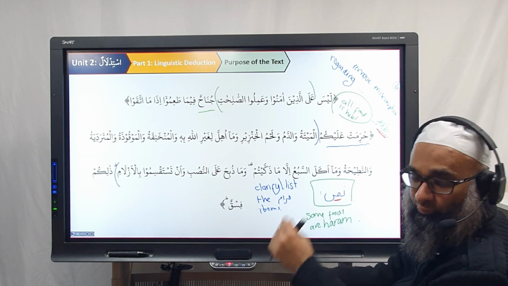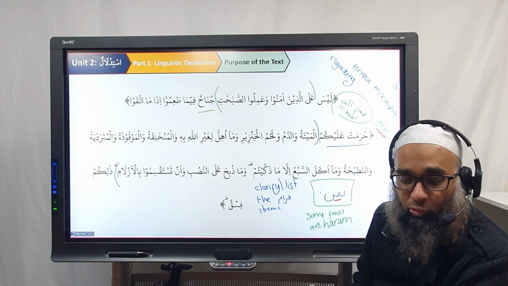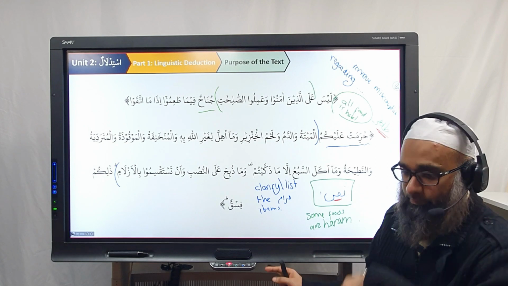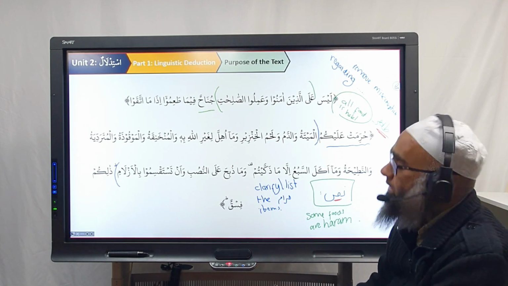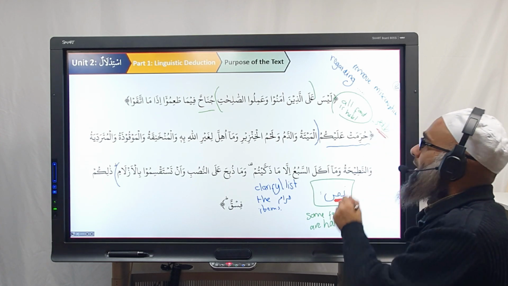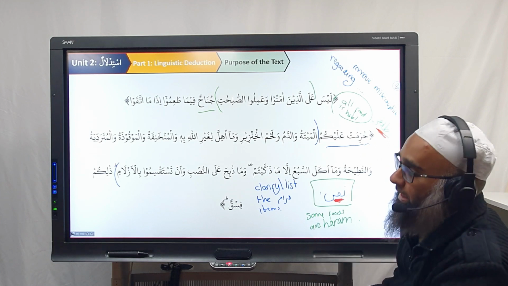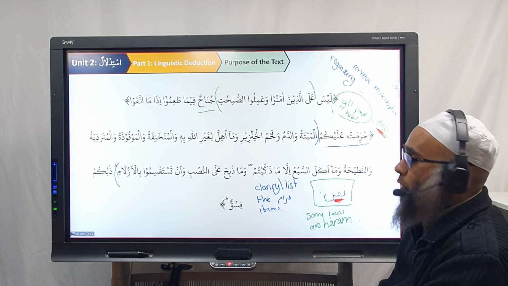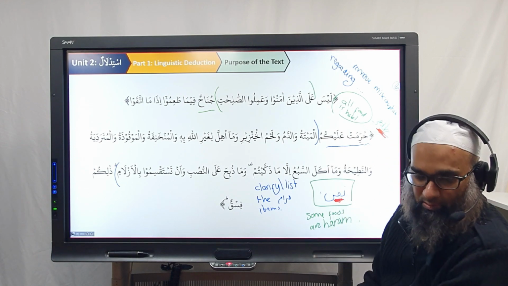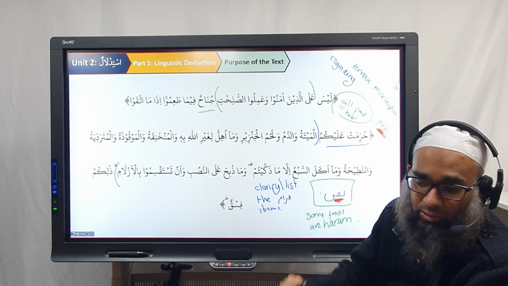So which verse would be given preference in terms of determining the rulings of haram food? The top or the bottom? The bottom. Why the bottom? Because this verse has been brought to explain to us haram foods. And the top verse has not been brought to explain haram foods, it's being brought for another purpose. But the ظاهر tells us one thing. So when the ظاهر of one verse and the nas of the other seem to contradict, it's not that the two verses are contradictory. The nas of one and the ظاهر of the other are contradictory.